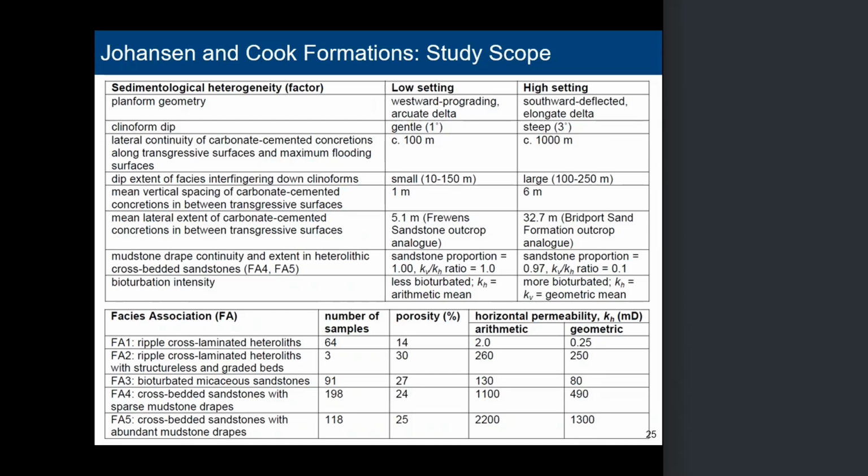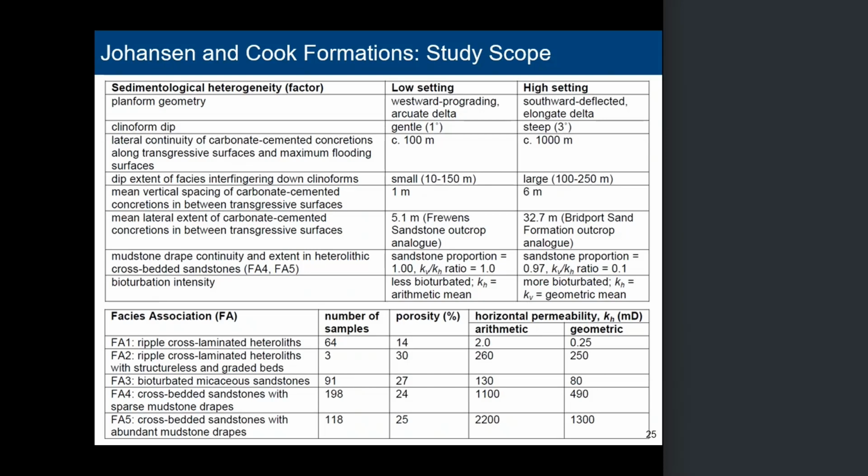I've just talked through the plan view geometry of the delta, the deeper clinoforms, the continuity of cements along the top of those three wedge-shaped units of the delta building out. The vertical spacing of carbonate cements in between those, the lateral extent of carbonate cements, the extent of mud drapes, and the bioturbation intensity. So I said earlier that some of these we can sketch directly, but some of these,